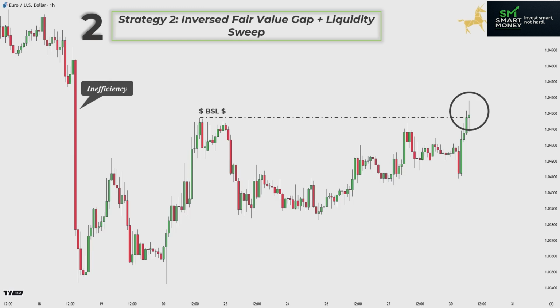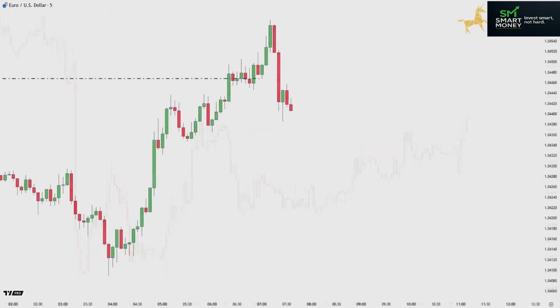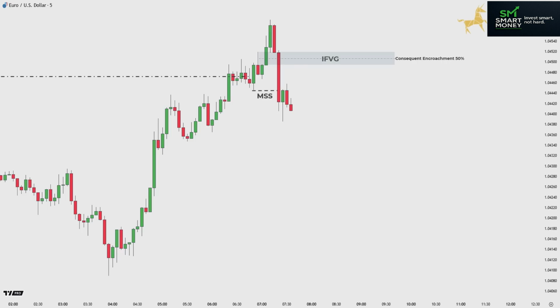Next, I zoom into the 5-minute time frame to search for a violated bullish fair value gap, what we now call an inversed FVG. As you can see here, after the buy-side sweep, price violates this bullish fair value gap by breaking below it and closing beneath the zone. This break confirms the transition of that FVG from a potential support area into a resistance zone. Additionally, the price has created a market structure shift at this point, offering another layer of confluence for a bearish